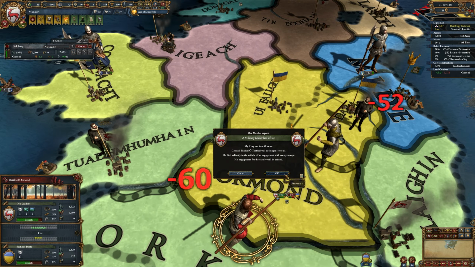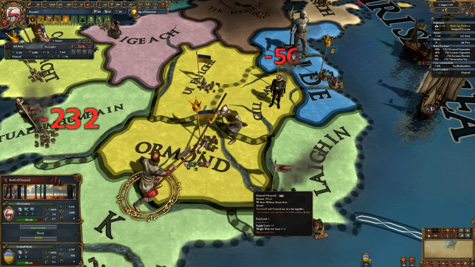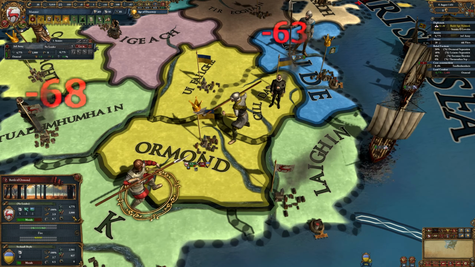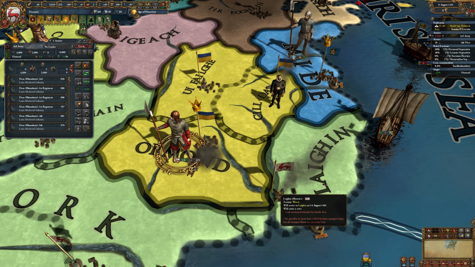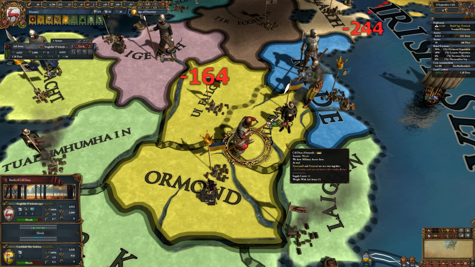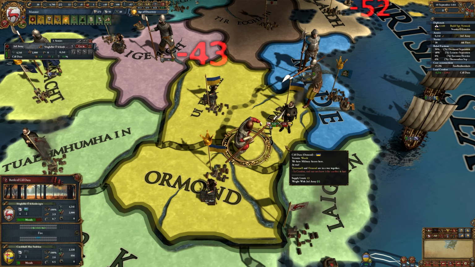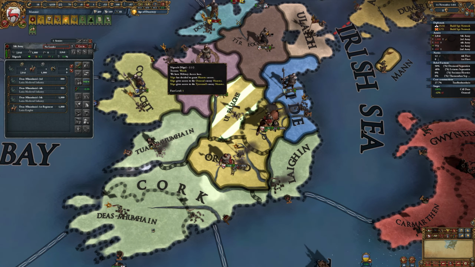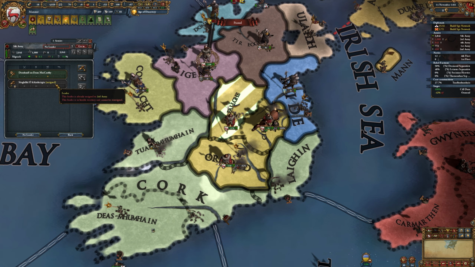Ormond have actually been able to expand a little bit by taking over the provinces of the factions that we had defeated, but we'll put a stop to that soon. We are actually starting to run a little low on manpower, so we're going to have to keep an eye out for that. Whilst we're seal clubbing these Irish minor factions, it's probably a good idea to talk about